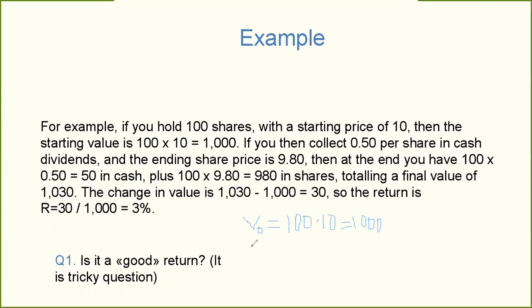Yes, and at the end of the period, what will be the result from shares? From shares, the starting price was 10, but at the end period, the price is, you see, 9.8. It is less than the initial period, yes, but anyway, we have 100 shares multiplied by this price 9.8,